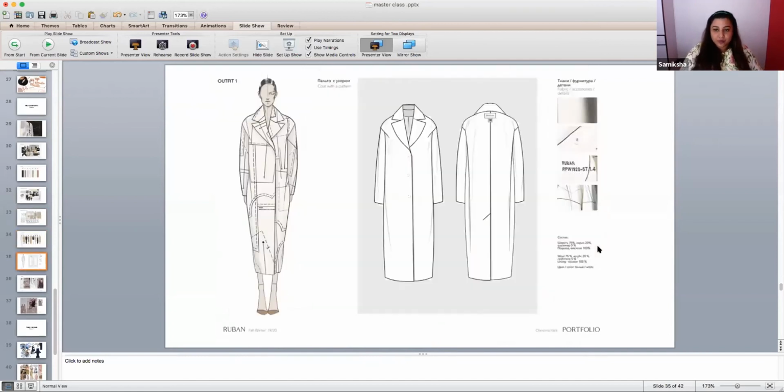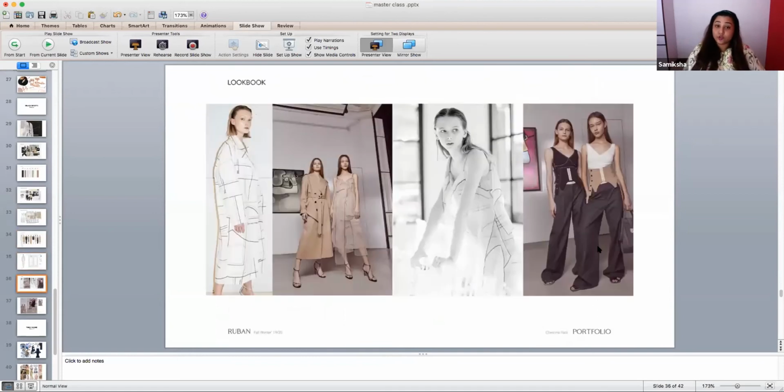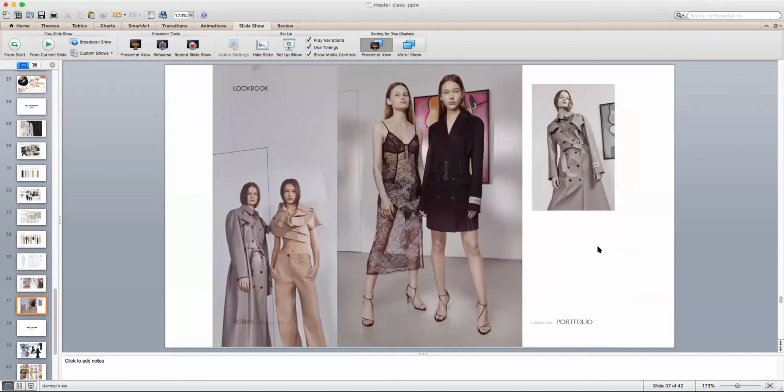Then we see some garment details, lookbook, which is important because it shows this is what is going to be used by the brand in the end for showcasing their collection. So even the shoot, the postures, the poses, they all are very minimalistic. Colors, you can see, the story has maintained itself to be a minimalistic brand.